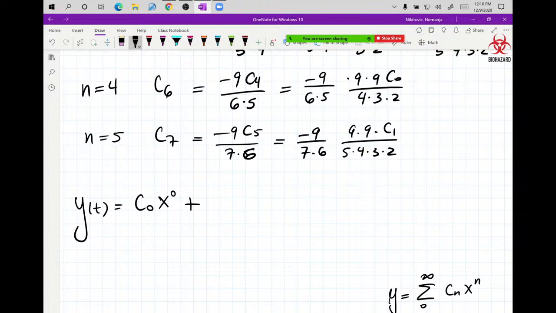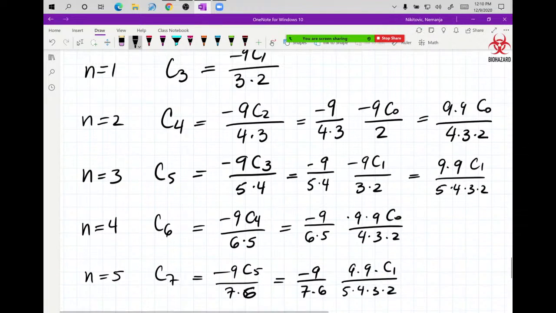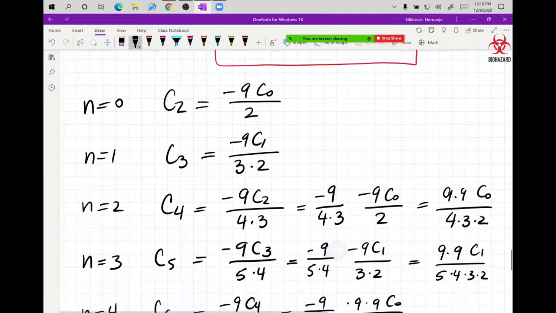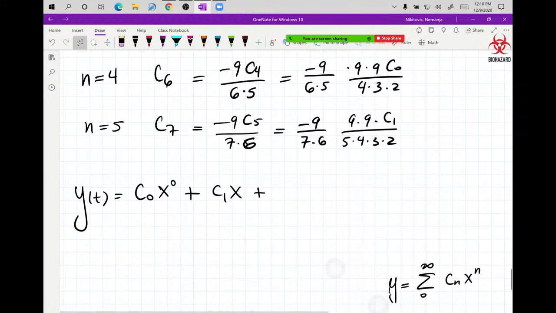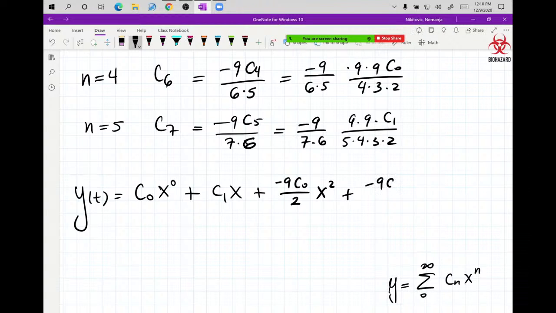Then the next term, C1 x to the first power, but I don't want that confused with the derivative, plus C2. C2 is negative 9 C0 over 2 x squared plus negative 9 C1 over 3 times 2 x cubed plus